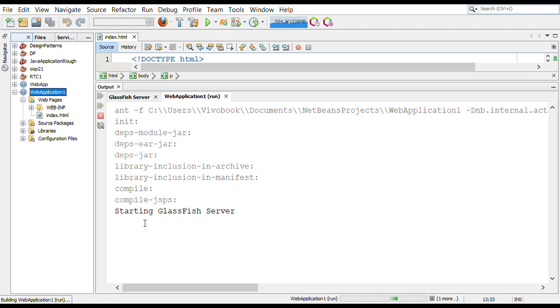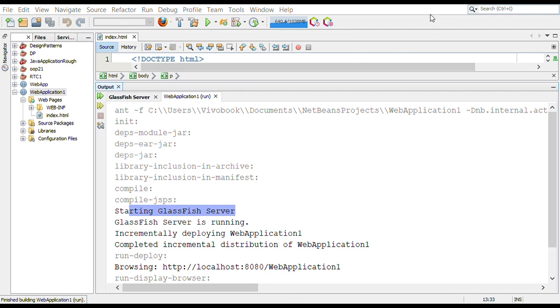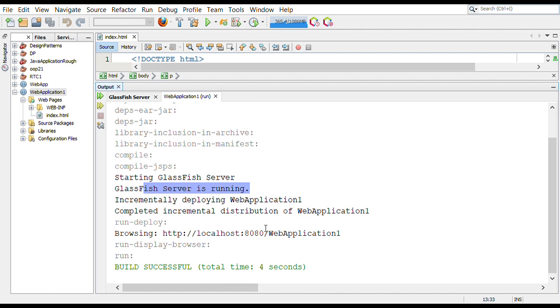On running the application, the Glassfish server or the application server will first be started, and once the server is running, the web application will be deployed.